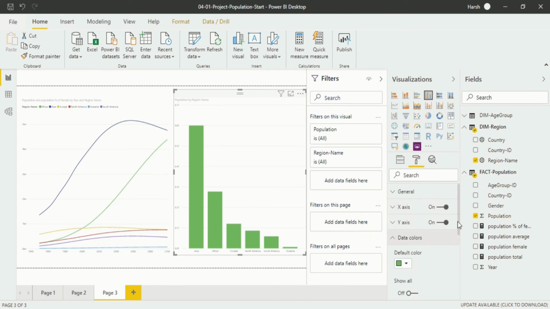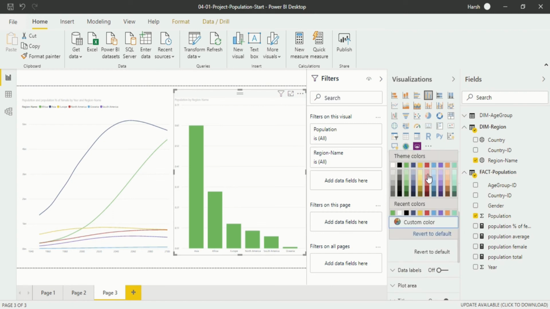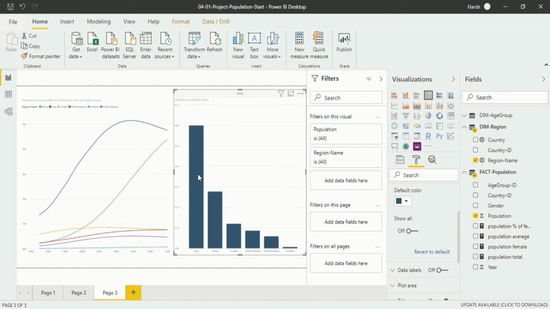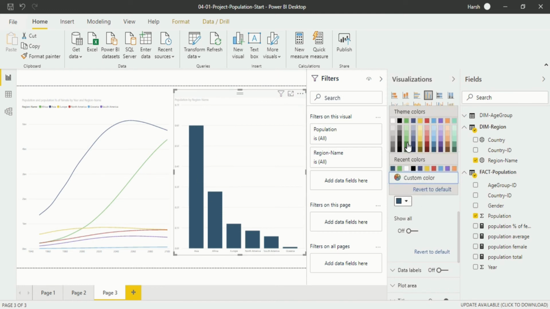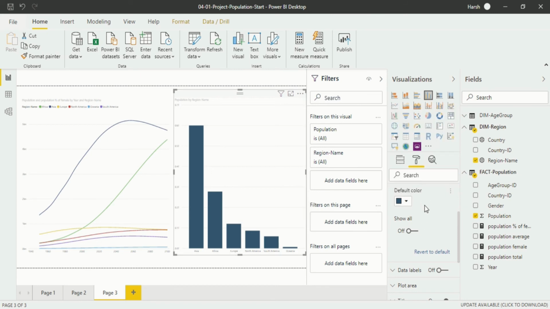When I click on it, you will see the default color is green, and you can change it to red, blue. If I click on dark blue, the color of the visualization will change. So this is how you will change the color of the data. But as I've already told you, I want every bar of every country in different colors. How do I do that? Certainly you can do that also in here.